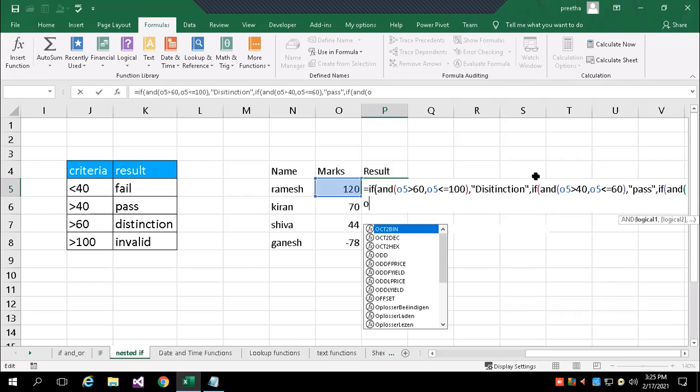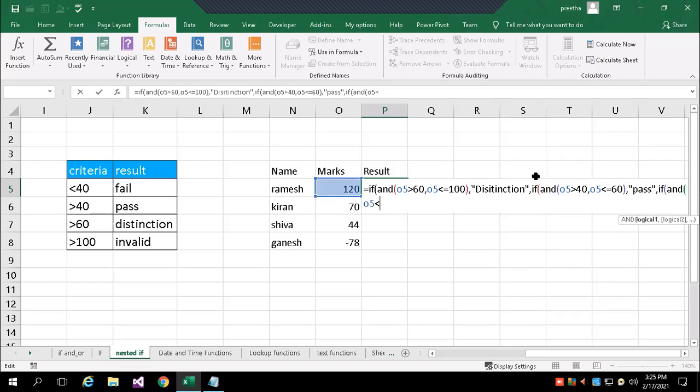So O5 less than or equal to 40 plus O5 greater than or equal to 0, then I have to write fail. In all other cases, I have to give invalid.